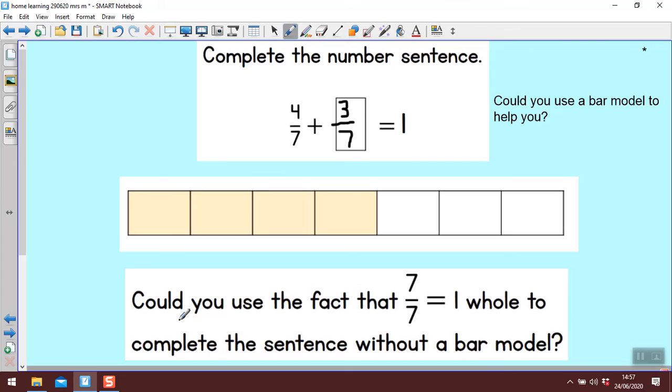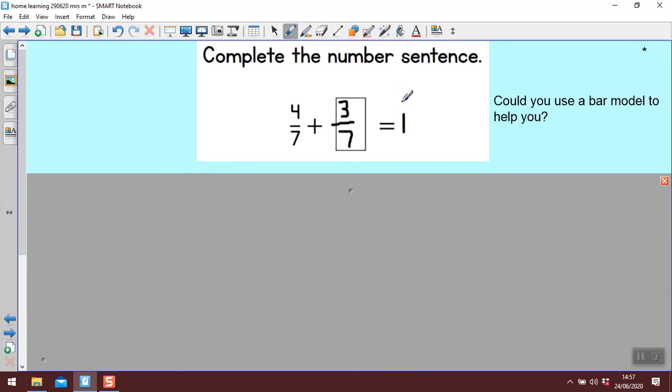Could you use the fact that 7/7 equals 1 to complete the sentence without a bar model? So if this bar model wasn't here, we know that 1 is the same as 7/7. So 4/7 plus how many sevenths equals 7/7? So the denominator always stays the same at 7, but it's 4 plus what makes 7? 4 plus 3 makes 7. So that's another way that we can tell that it's